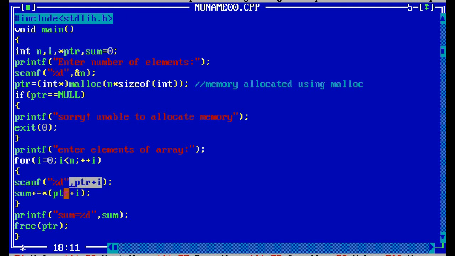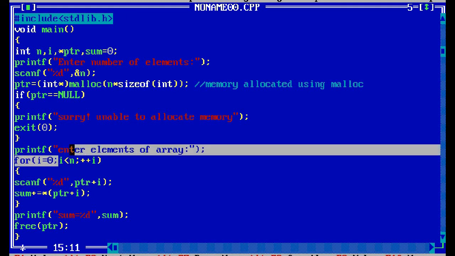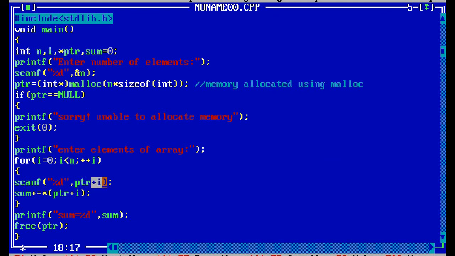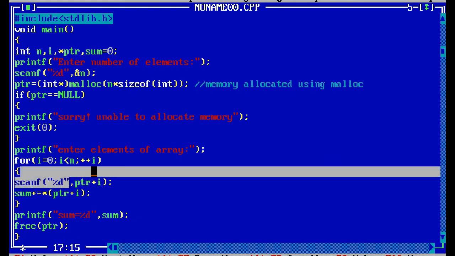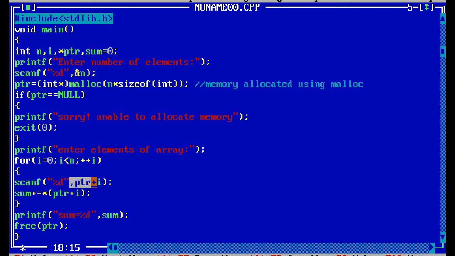After repeating until the condition fails, first i is 0, and in ptr you will have the first memory location, 10 plus that ith value. Like this it will add with the previous value, so 30 will be stored and printed here as the final value, sum equal to 30.